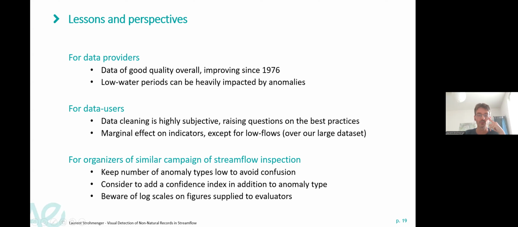And for the people who are interested in organizing a similar campaign of streamflow inspection in the future, we can suggest to keep the number of anomaly types low in order to avoid confusion between the anomalies, and also to consider adding a confidence index in addition to anomaly types. So maybe we can cover a larger period of anomaly, and the evaluator would report more periods where they have some doubts whether it's an anomaly or not. And also,